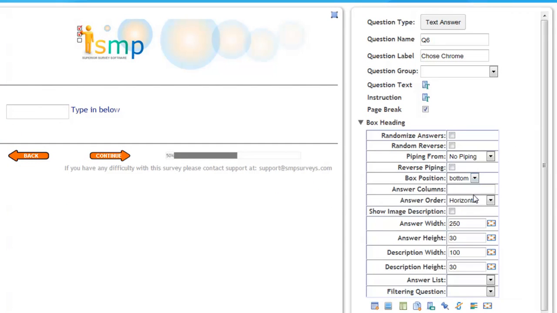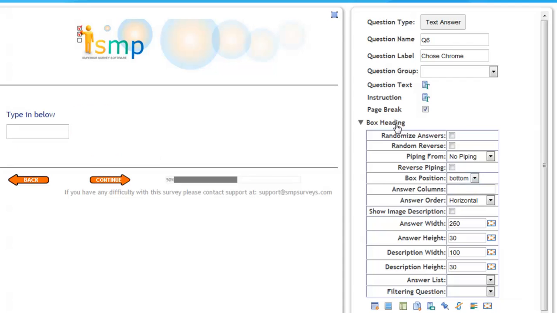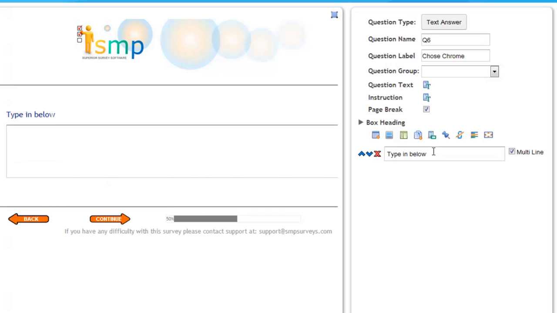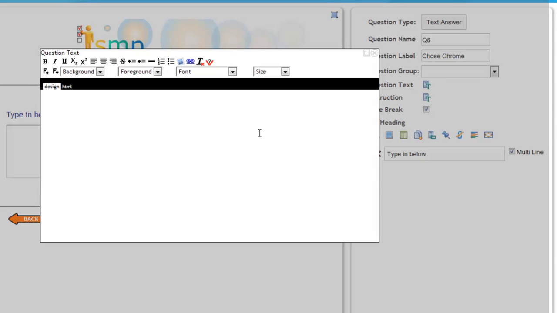That box we want to be at the bottom. We want it to be a multi-line box, so there's plenty of room for them to type in, and the question is, why did you not